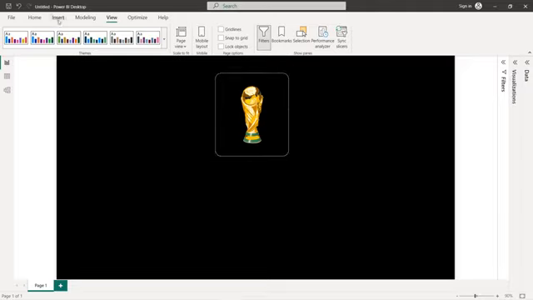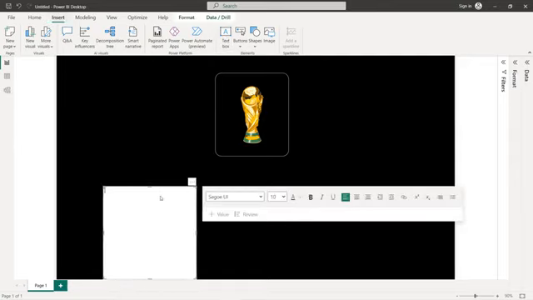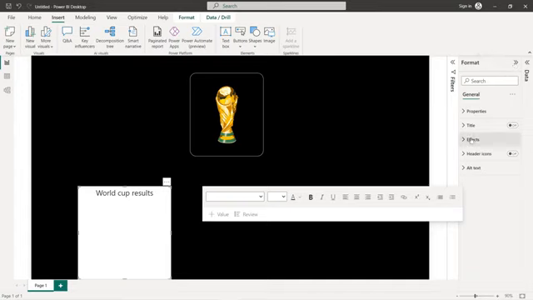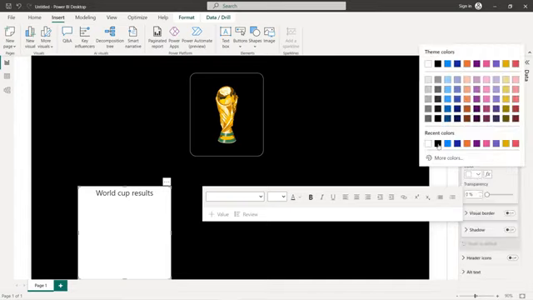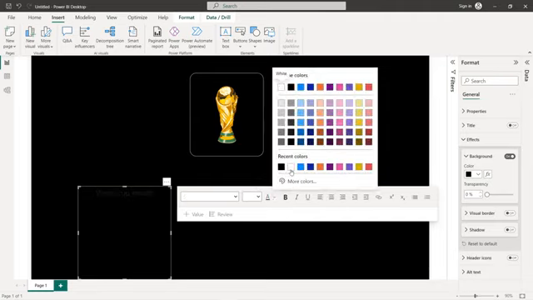Now I'm going to click on insert text box. So here we put World Cup results, put it in the center. So select all, 18, right? We'll go to format, on effects, for the background it will be black, and we select everything. We put it in white,